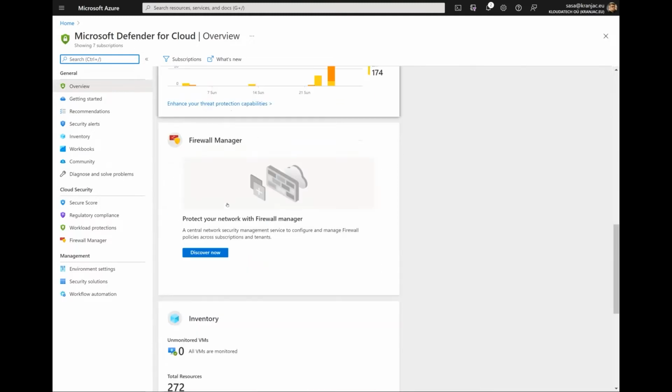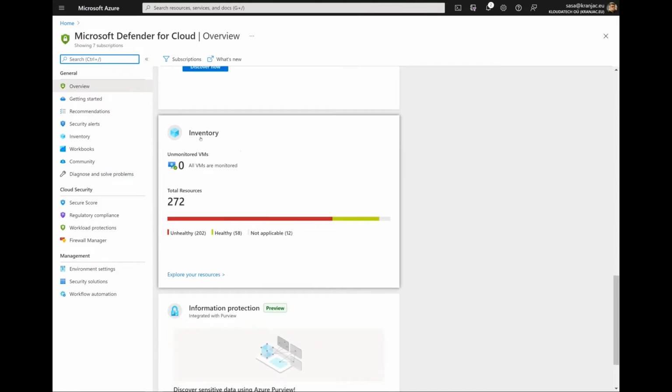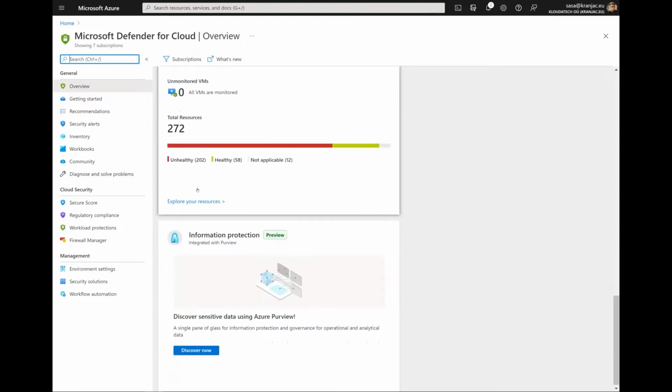And then you have also the firewall manager, where you can see the status of our firewall secure hubs. Since I don't have any firewall yet, I don't have any dashboard items here. And we have also the dashboard about the inventory, about the status, and also the newest addition,